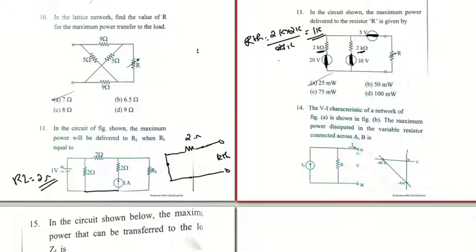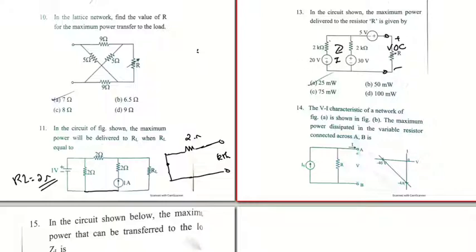So our RTH is ready. Our RTH is 1K. Now we have to find out our VOC, that is the open circuit voltage across this terminal. To find the open circuit voltage, I am going to consider this particular mesh only and find the current over this mesh, and